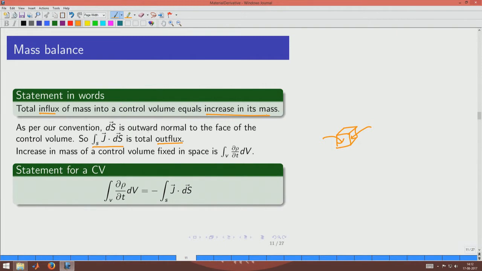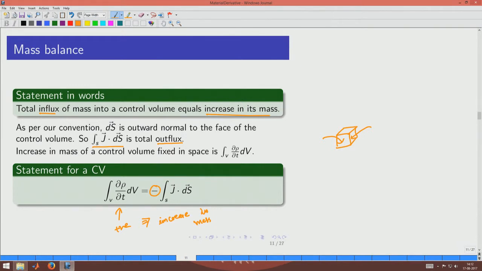So, to address influx and outflux, we just put a minus sign. What is written here is outflux, and with a minus sign it becomes influx, and this is equal to the increase in the mass, which means that if this is positive, it implies that there is an increase in mass. Okay. So, what we have written here is nothing but the statement of mass balance for a control